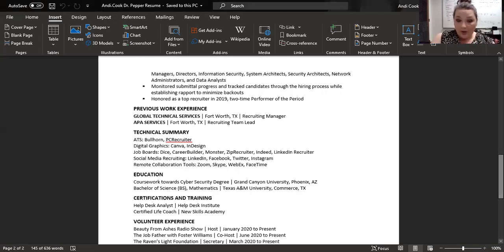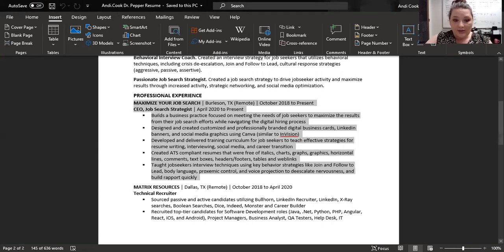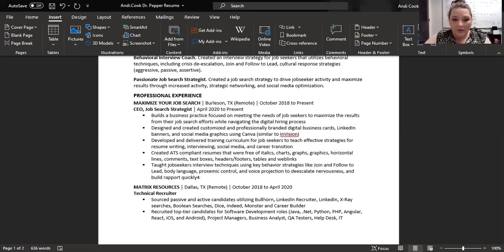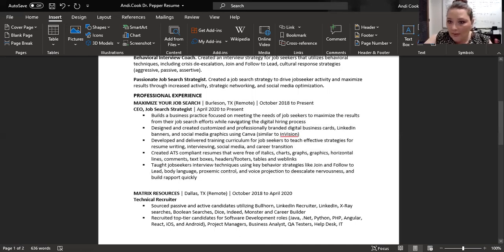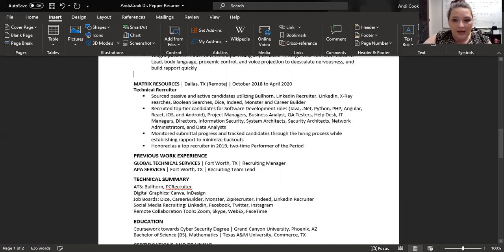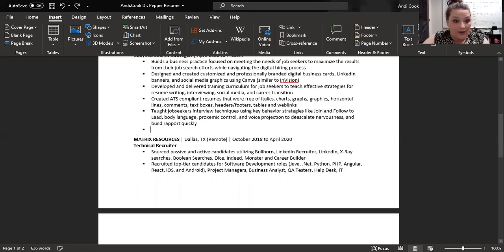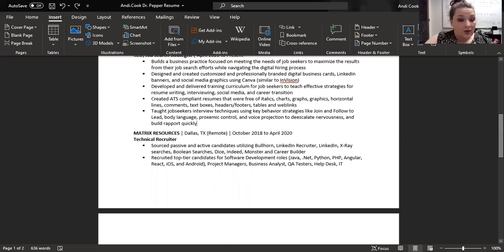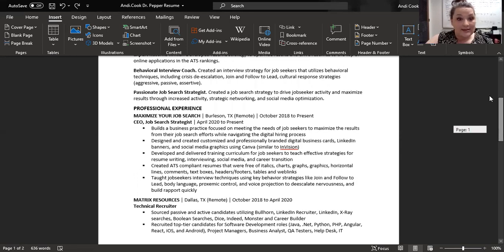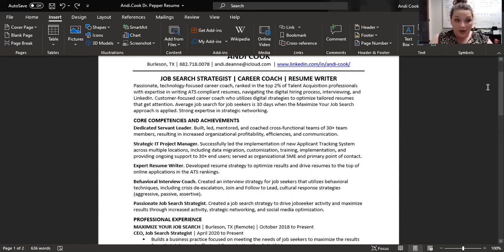I know I say don't edit bullet points. I know for some of us who are transitioning to new fields, you feel the need to change those bullet points, and I get it. But if I was going to insert a quick part here, then I could insert the MYJS quick part. It's formatted, it's ready to go, and I can very quickly navigate how I would need that information on there. So very easy to use, very easy to set up, and this is a great way to set up different core competencies that you could just plug and play in